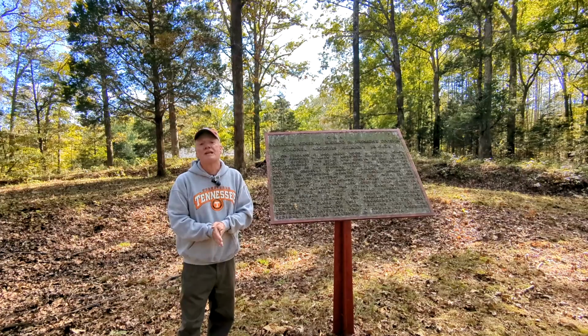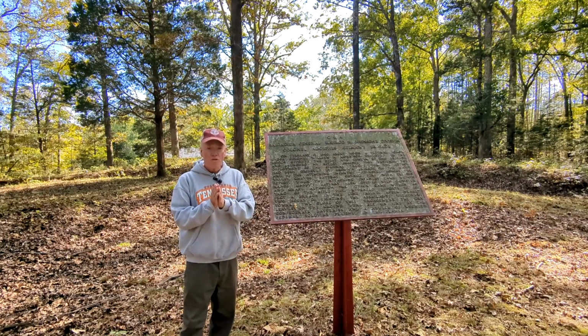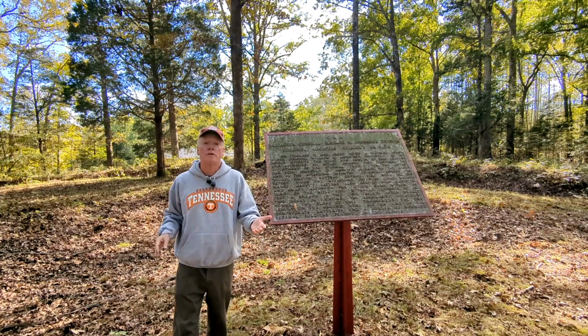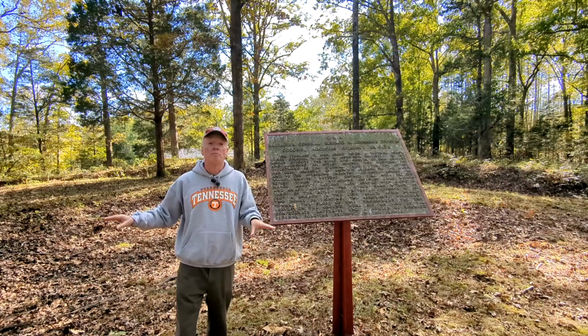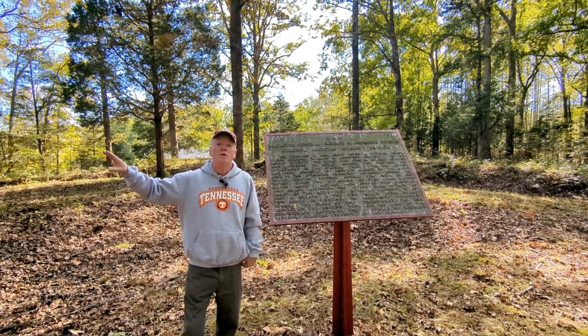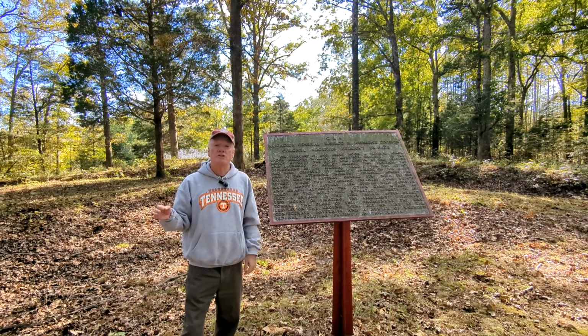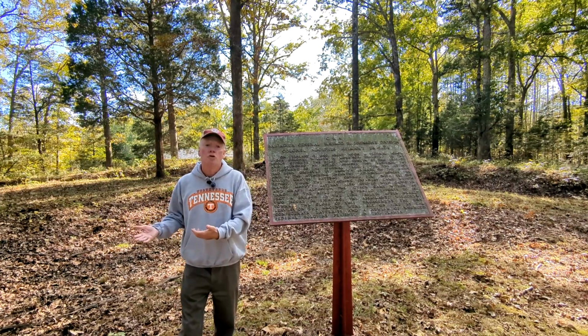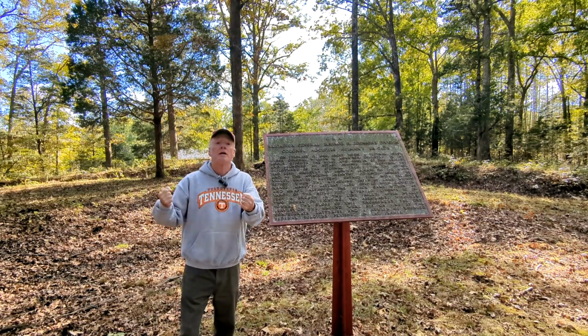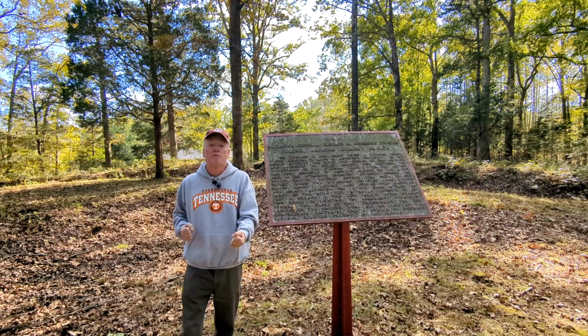One human interest side story here though. The woods caught on fire. We may have all heard about the incident at the Wilderness where that happened. It happened here too, and some of the wounded soldiers burned to death here when the woods caught on fire. There is a case of Confederates actually running out and grabbing 2 wounded Union soldiers that were about to be burned to death, pulling them in the lines with them to prevent them from burning to